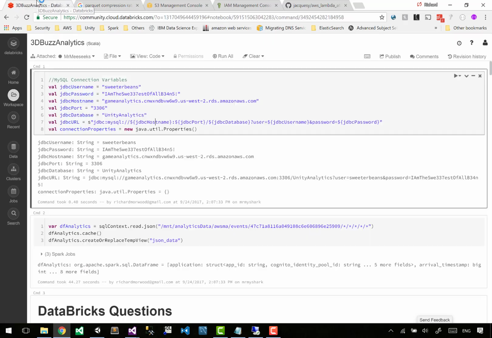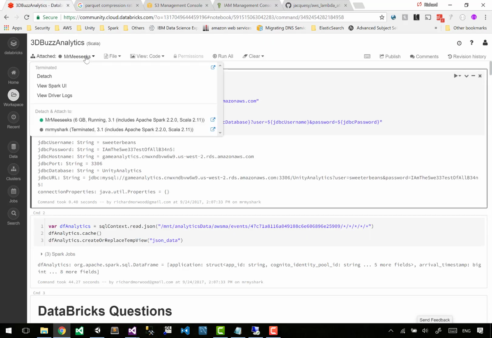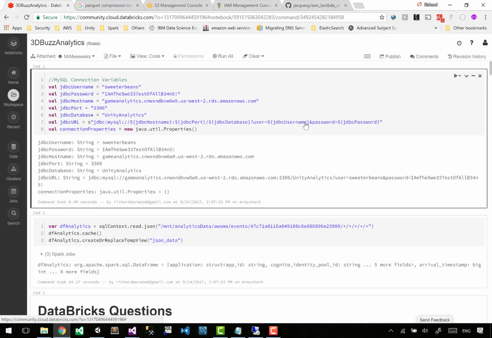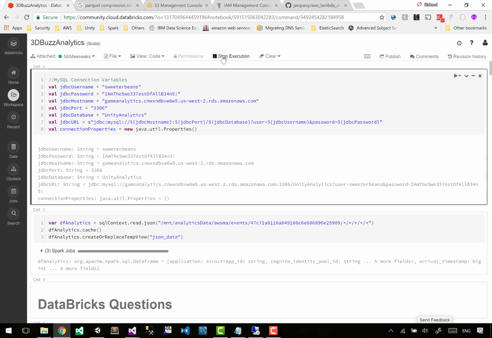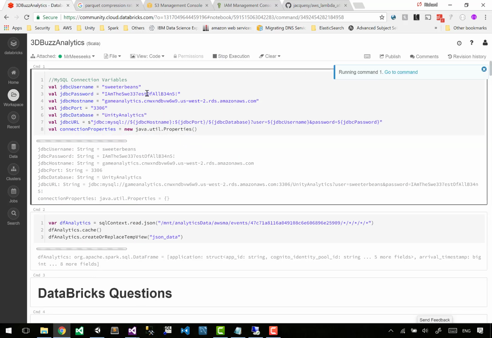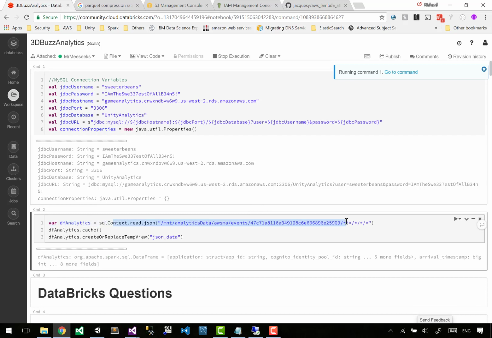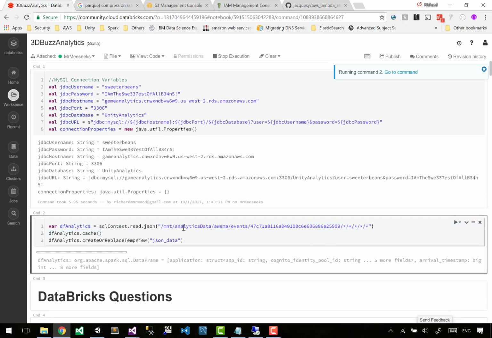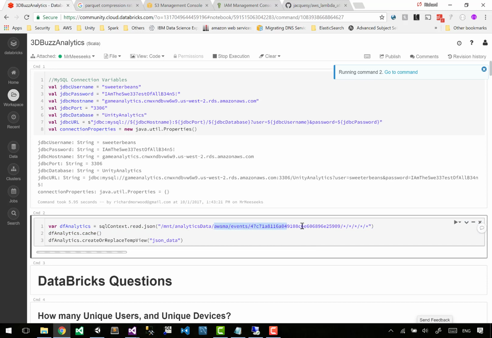So let's go back into Spark and let's attach ourselves to Mr. Me6, which is a cluster that we spun up offline a second ago. So now we've got a cluster. Let's just press run all because there's no troubles with that. This is going to get all of the data loaded off JSON and then cached onto the server. We're going to get all of it loaded from